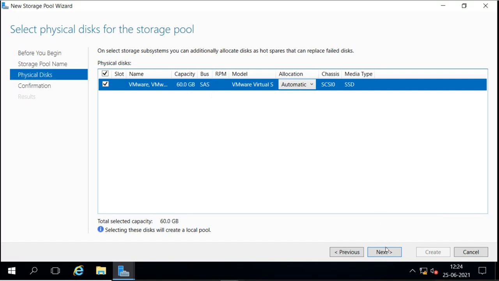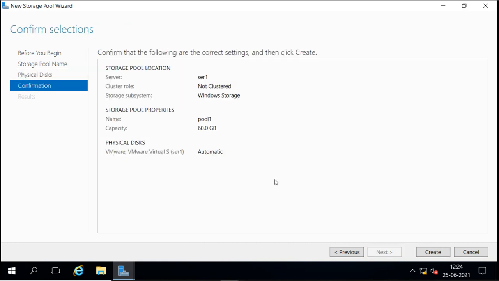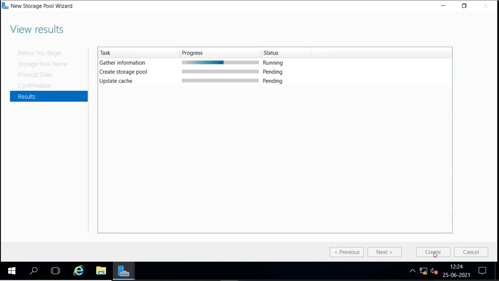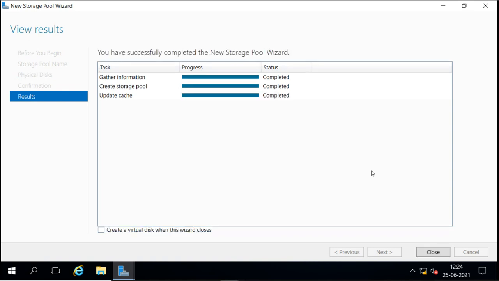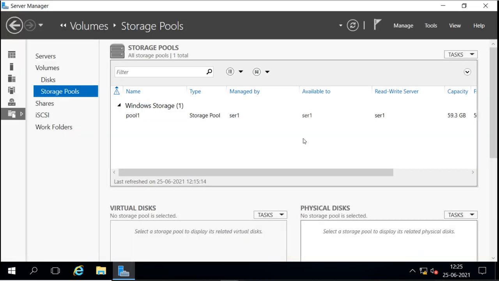Now we'll go next. Right now we have only one disk, so I'll go next here. This is what I selected, and then I can create. Now it is not a RAID, so you cannot create RAID with one disk, but a storage pool in storage spaces we can create with a single disk. And now it is created.